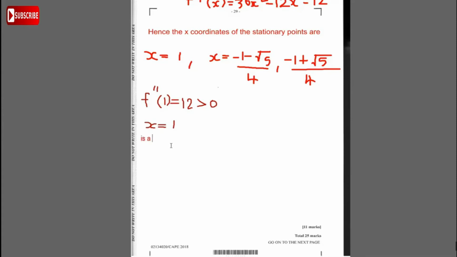So this is a minimum point since the second derivative is greater than 0. Now do the same for here. So when x equals minus 1 minus root 5 over 4, so f double prime of minus 1 minus root 5 over 4,